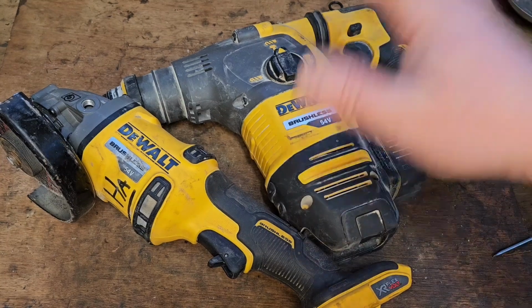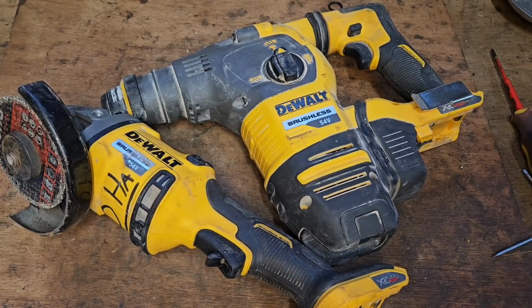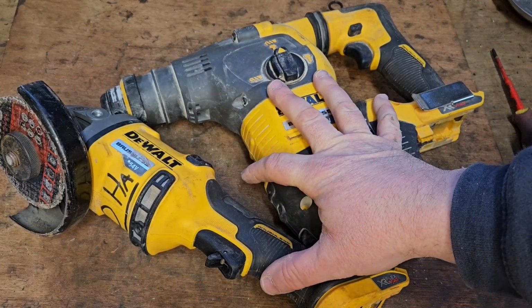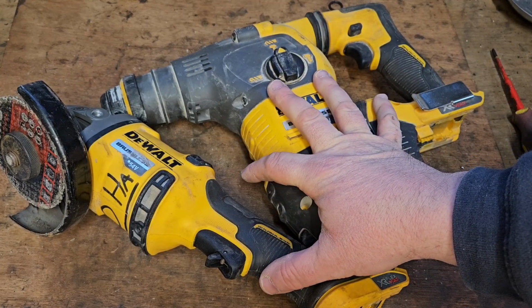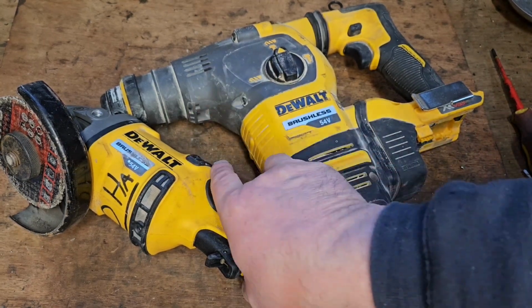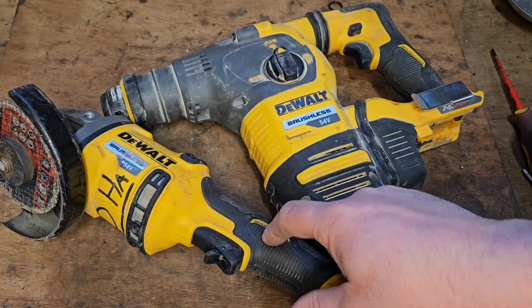54 volt in UK and Ireland and Europe, and 60 volt in US. So could these machines potentially be damaging your batteries? The answer is yes. If you've got a faulty FlexVolt machine like this grinder here, I found out recently this